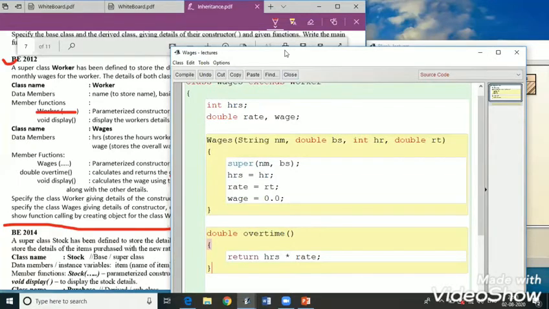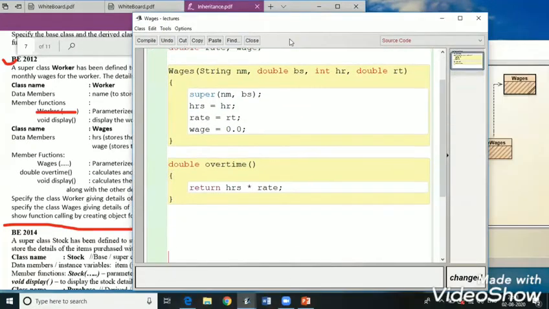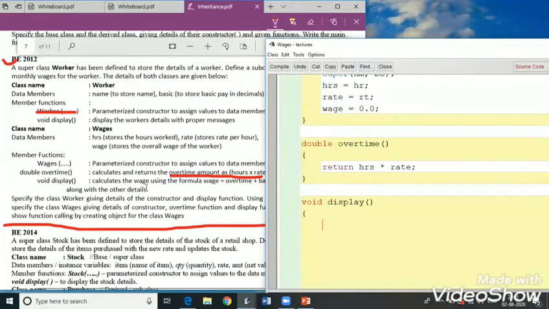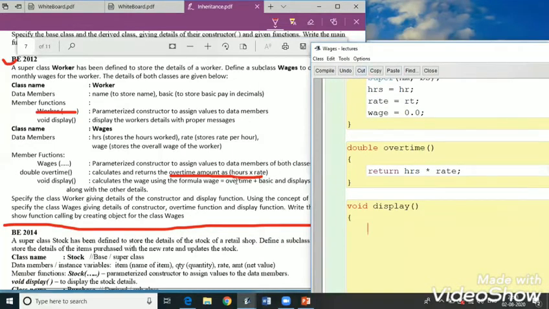Okay. Now void display. Void display. Now this will display the variables of the data members, as well as it will first of all calculate the wage using the formula wage is equal to overtime plus basic, and then it will display all the data.